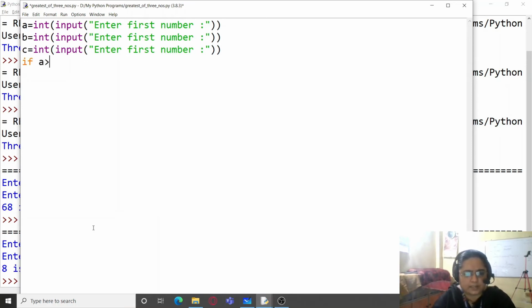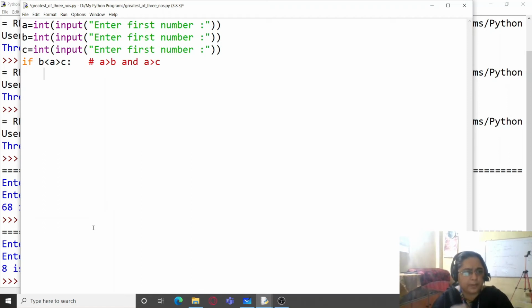If A is greater than B and A is greater than C, or alternatively you can also write in Python like this, that is A is greater than B as well as C. So I'm writing the optional part here. If A is greater than B and A is greater than C.